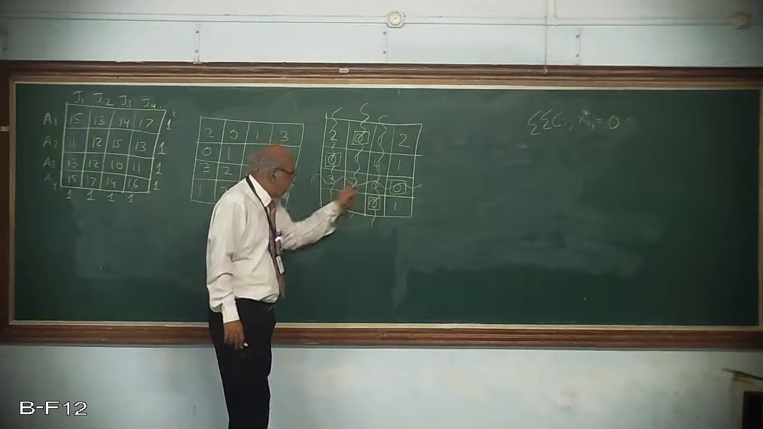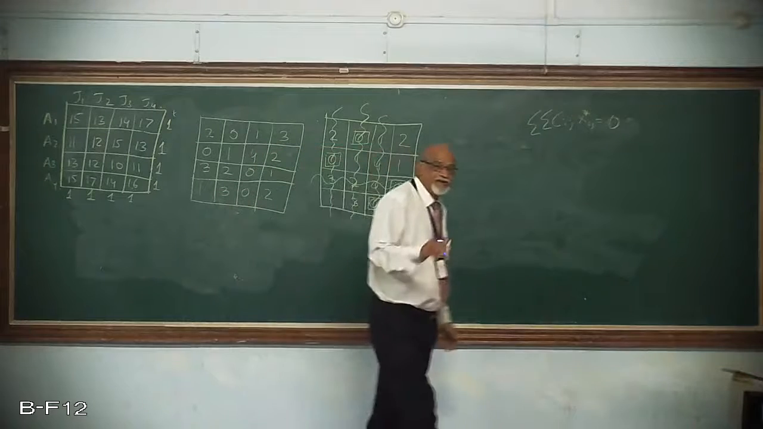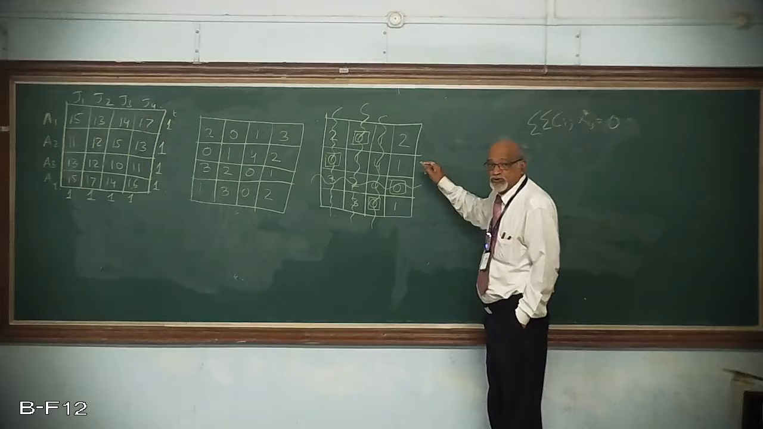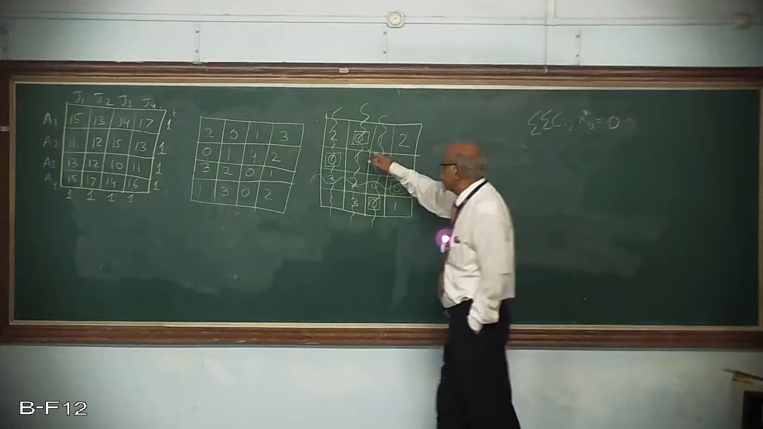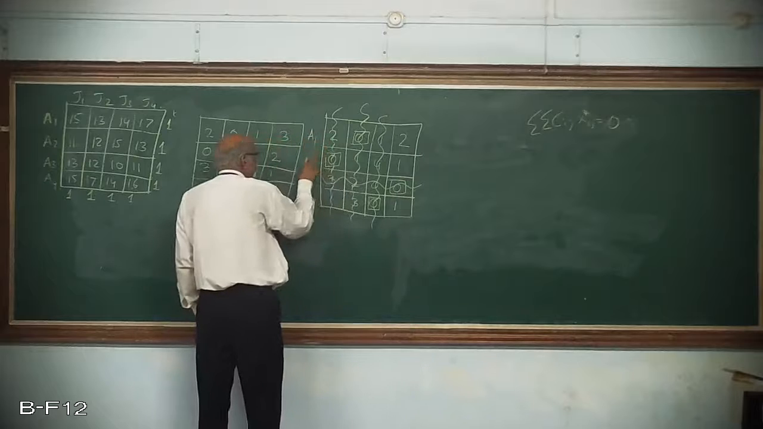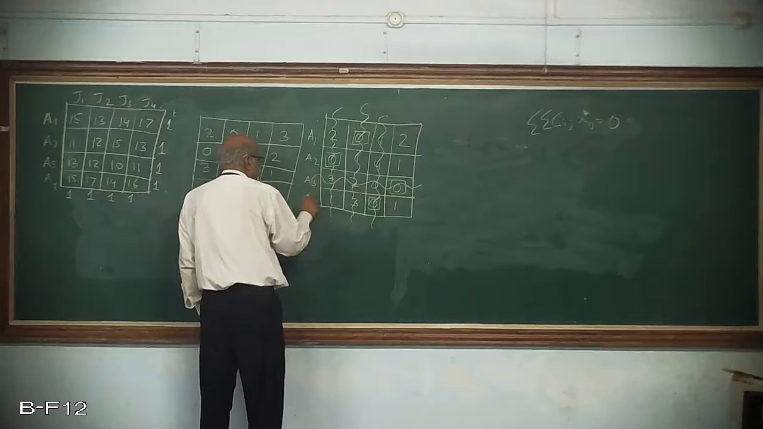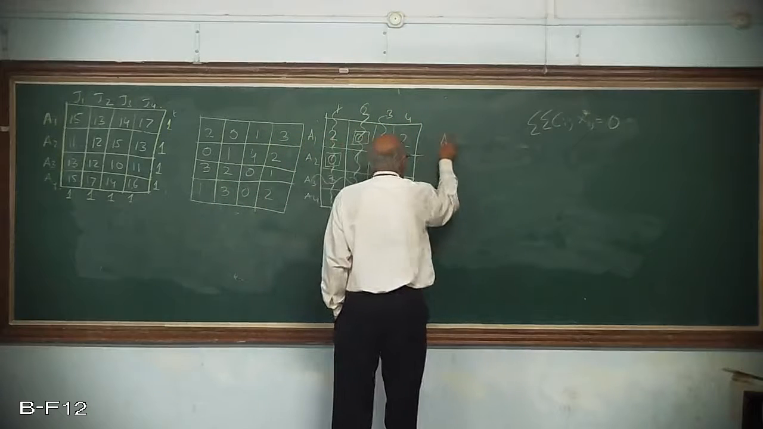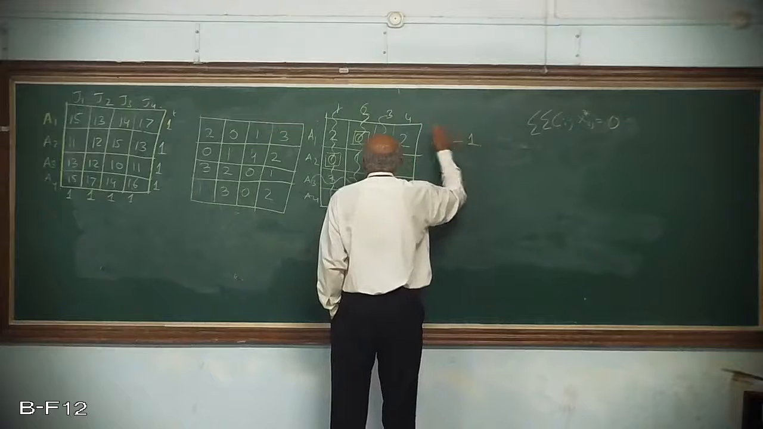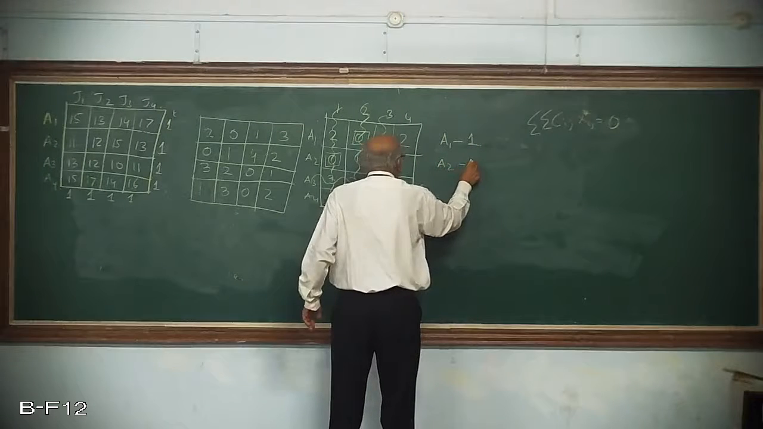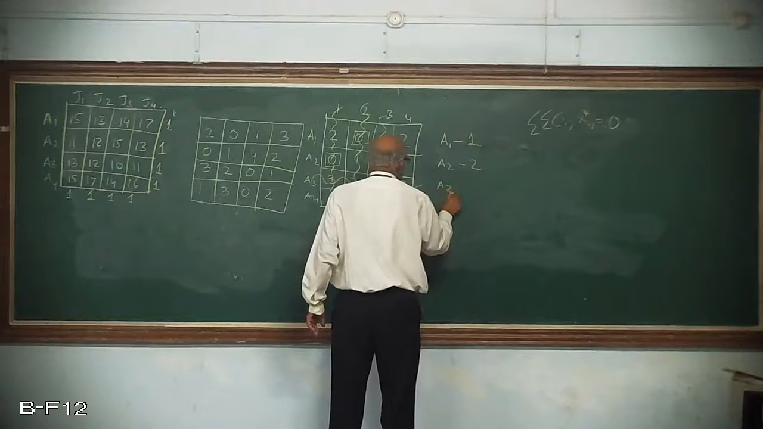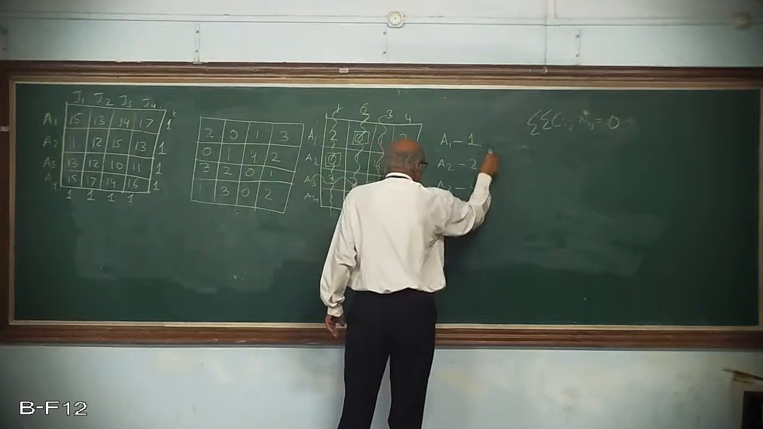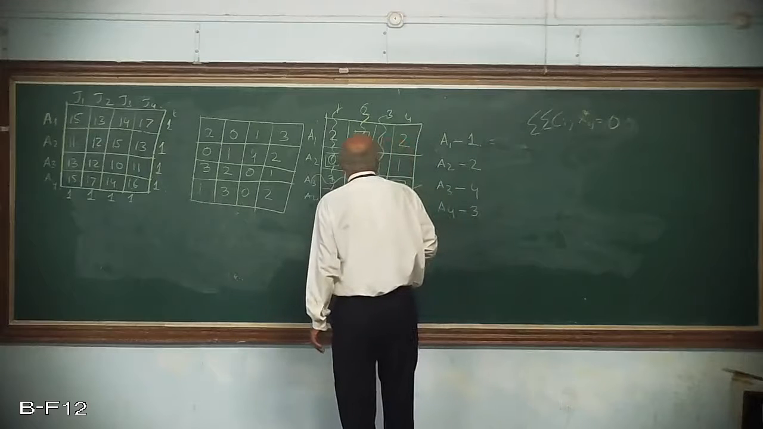1, 2, 3, 4. Hence, optimal condition is reached. And let me tell you, it is a unique optimal solution. Okay. That means this is how the assignment is made: A1, A2, A3, A4 to 1, 2, 3, 4. That means A1 to 1, A2 to 2, A3 to the 4th job, and A4 is to be assigned the 3rd job. If it is done like this, then it is going to cost